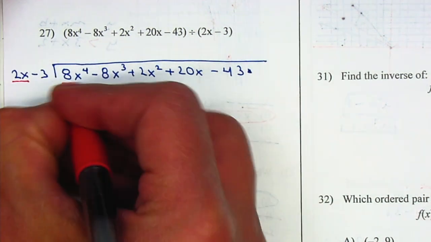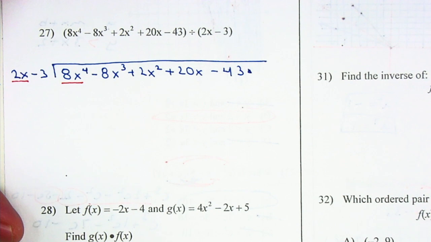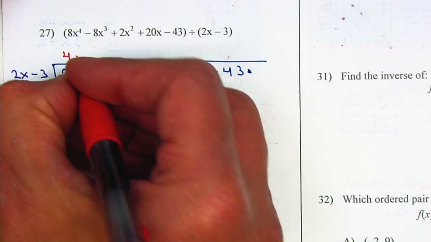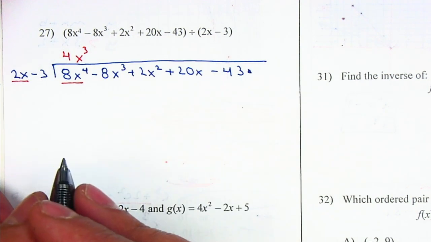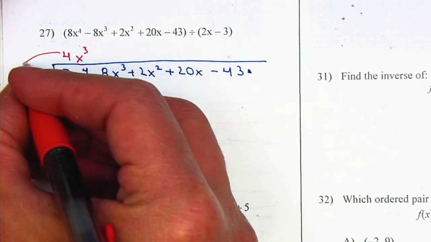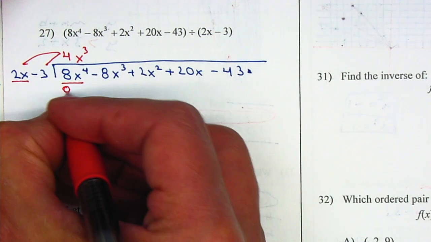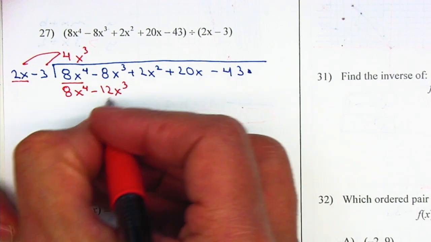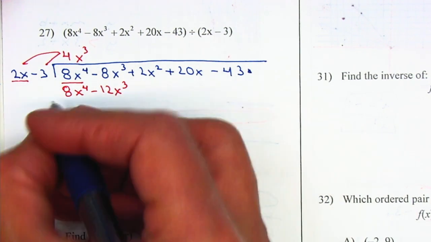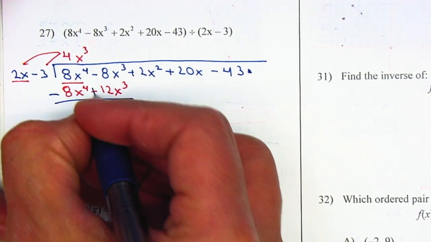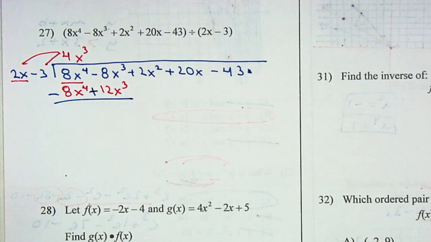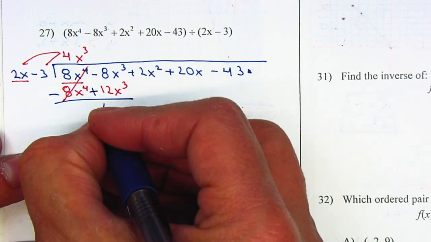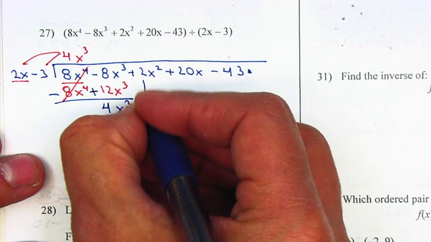What do I need to multiply 2x by to get 8x to the 4th? That'll be 2 times 4, add 1 x, and I need to get 4, so it'll be 3 x's: 4x to the 3rd power. Let's multiply by both of them. That gives me 8x to the 4th minus 12x to the 3rd. Now we are going to subtract or just add the opposite. This one was cancelled. That'll give me 4x to the 3rd. Bring down the next term,